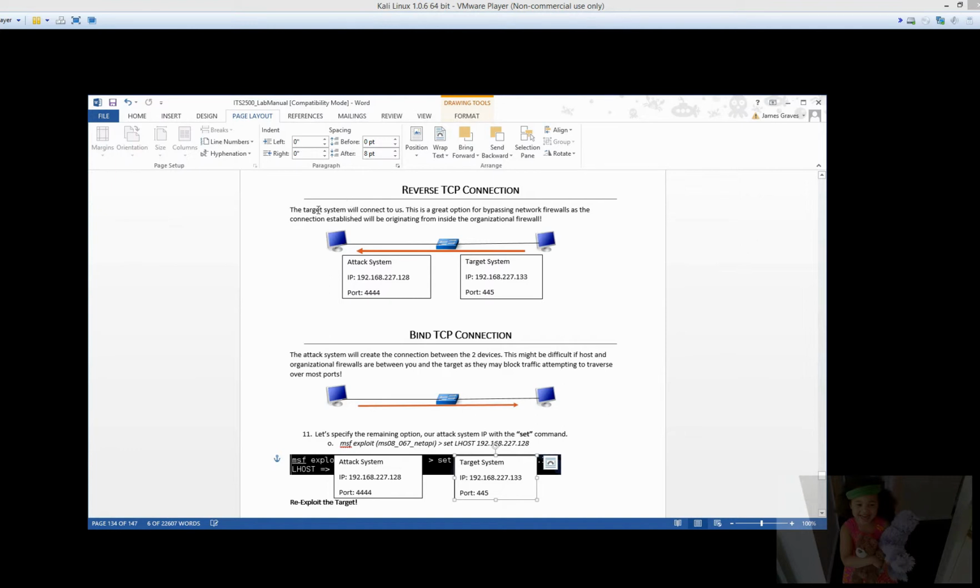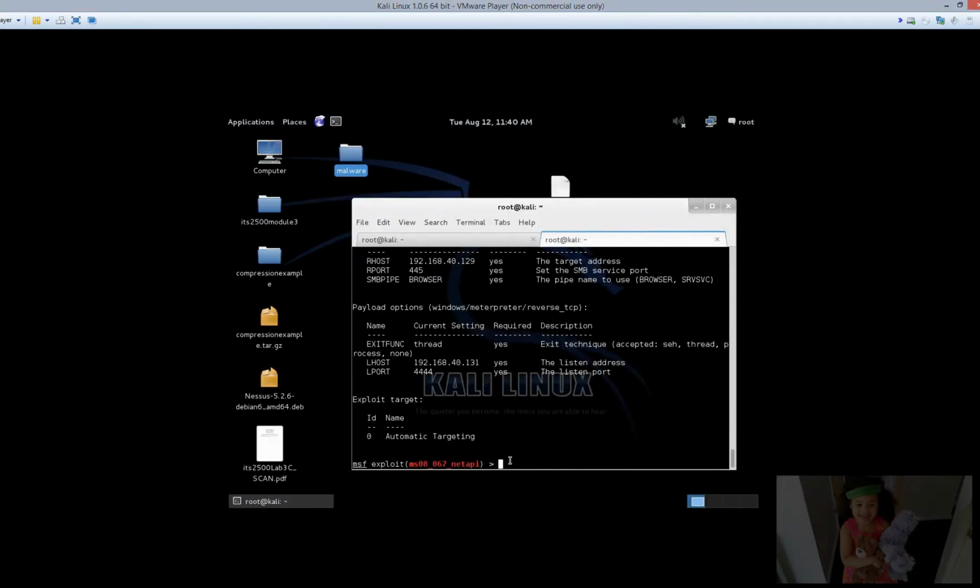You'll see with the reverse TCP, the target connects back to us. This is a great option for bypassing network firewalls. So think about there being a firewall stopping us from always moving into this system. This guy originates the connection out to us. That always helps. Then there's a bind TCP, and that's where we try to create the connection directly back into them. Now let's go ahead and re-exploit this target here,